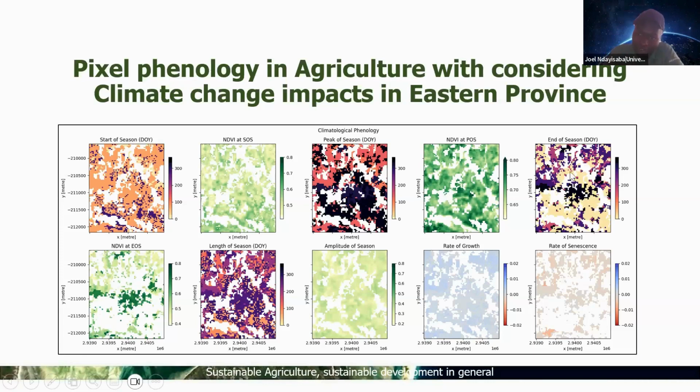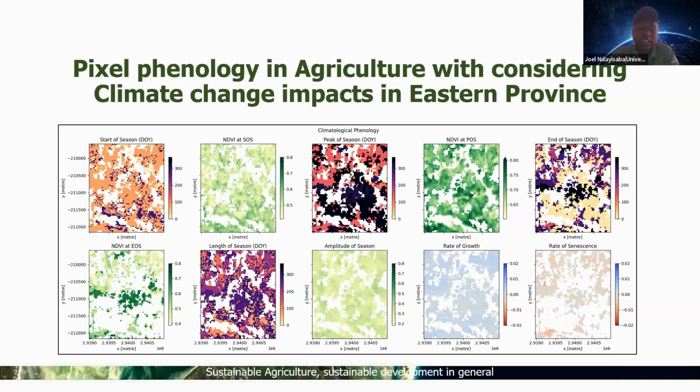At the end of season, where the harvesting is now going on, you see that the dark is still up, but light comes in more than at the peak of season. You see what you observed at the end values. Here we've combined all of those to produce the length of season.